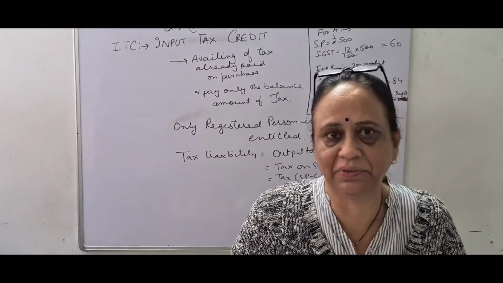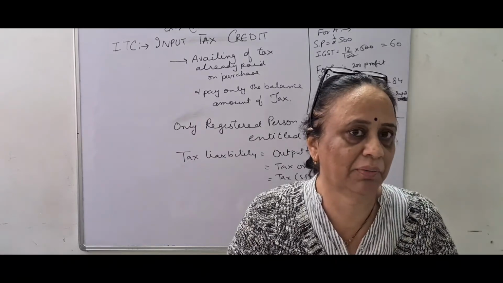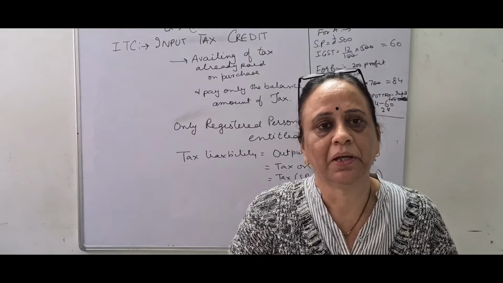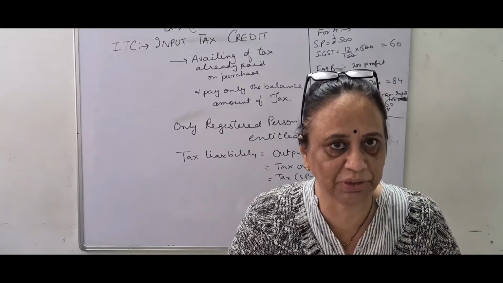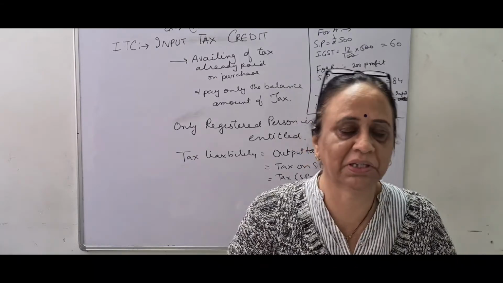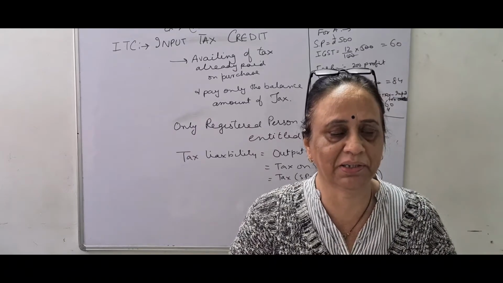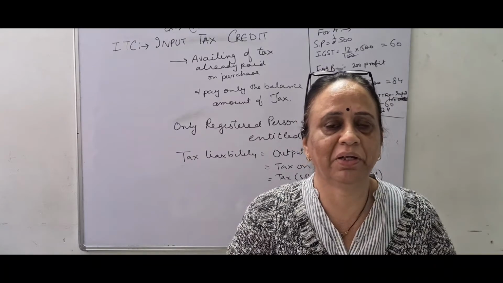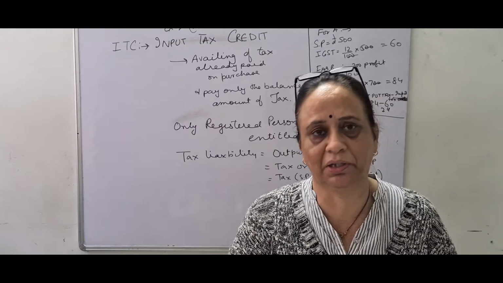Continuing with the chapter of GST, I have already made the first concept clear about the GST, that is goods and service tax, where the interstate and intrastate amount of the bill had to be calculated, and I told you how to do it. You must have understood the difference between inter and intra. For that you have to watch the video again, and when you watch it 1, 2 or 3 times, it will be totally clear to you.